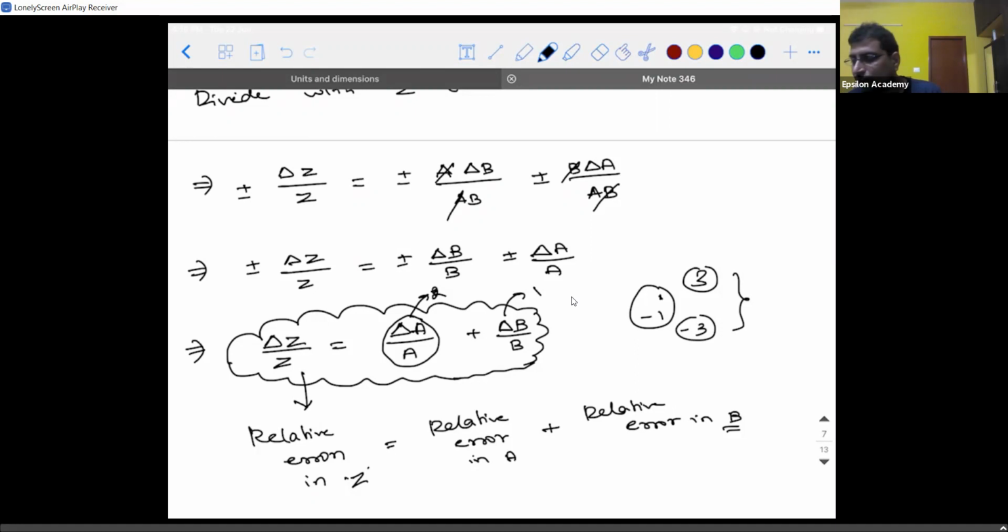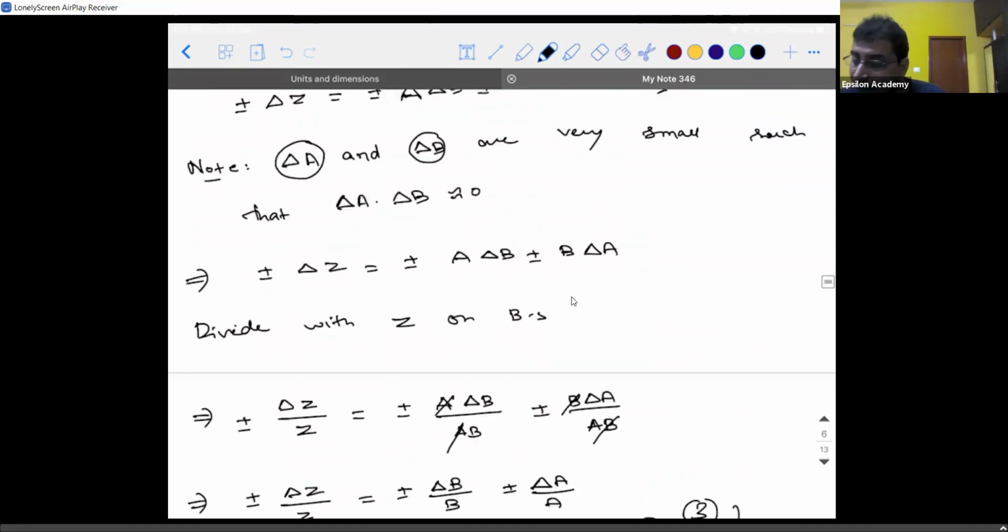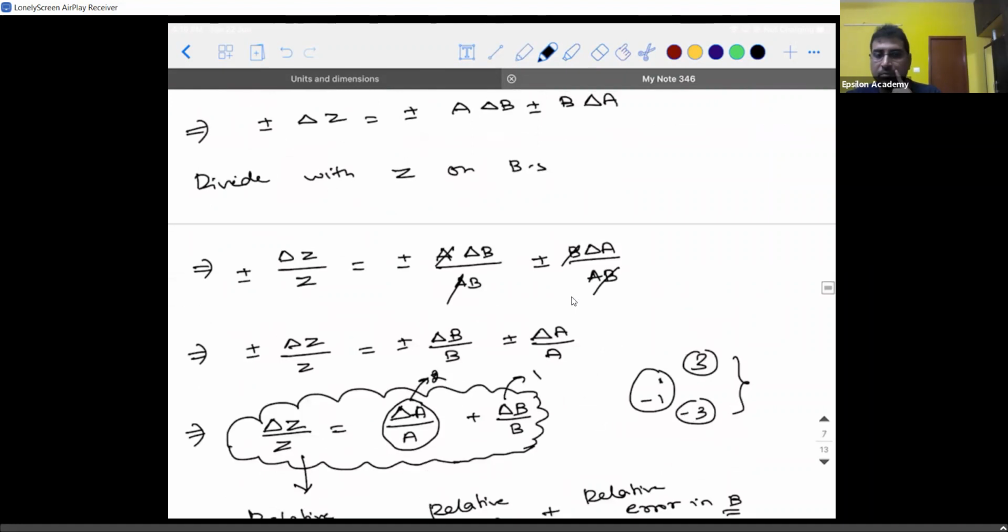Okay. So in this particular derivation, this is the most important step. If you don't know how to apply this step, you're not going to arrive at the conclusion. Yesterday somebody asked me, why are we learning relative error? This is also another application. Here we are not able to find the direct relation between delta Z, delta A and delta B. Rather, we can only find it in terms of relative values. Clear?